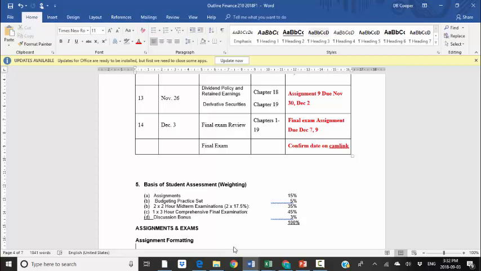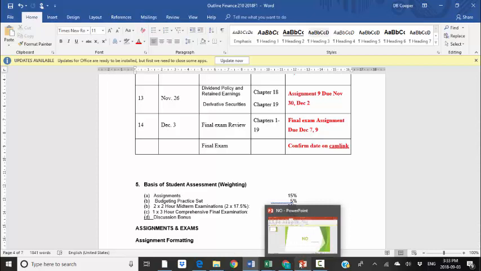So the reason that you can drop one assignment is that it makes it easier for all of us. During the course of a term, something will happen and you can't finish an assignment. What I don't want to have to deal with and what I won't deal with is all kinds of excuses about why you couldn't get the assignment: your computer wasn't working at 11:57. Well, don't do your assignment at 11:57. Something happened, you went away. I don't want any of those excuses. And if you were to come to me with those excuses,